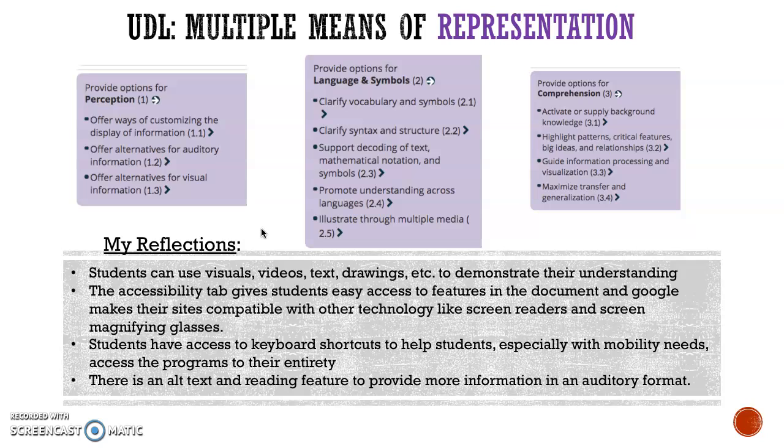Google is also really great about being compatible with other technologies like screen readers and screen magnifying glasses. I know one of my friends in college has a disability and uses a lot of assistive technology to voice the text and to read text to her, and she's always been able to have that be very compatible with Google Sites. And students have access to keyboard shortcuts, like I mentioned, which will help with mobility needs, and there is an alt text feature for reading and